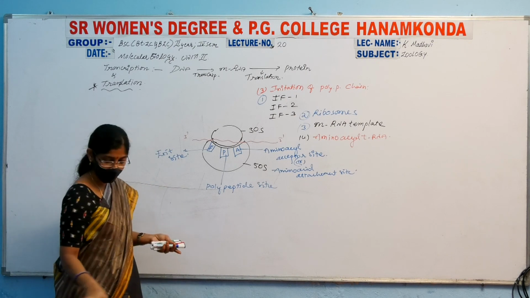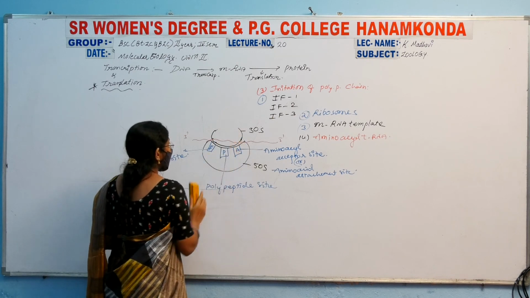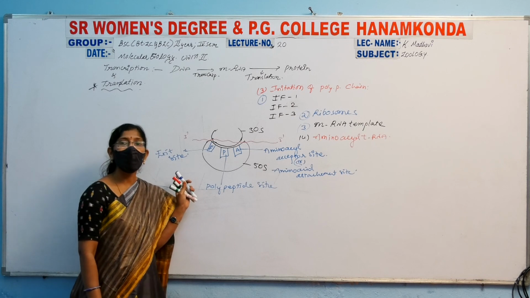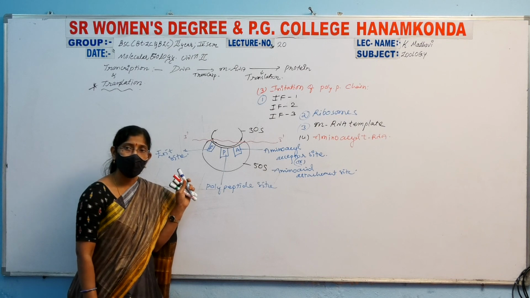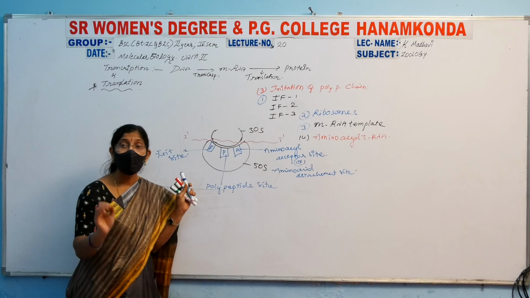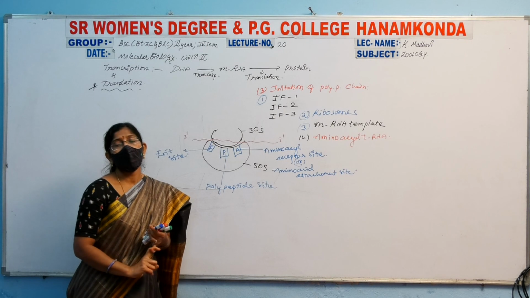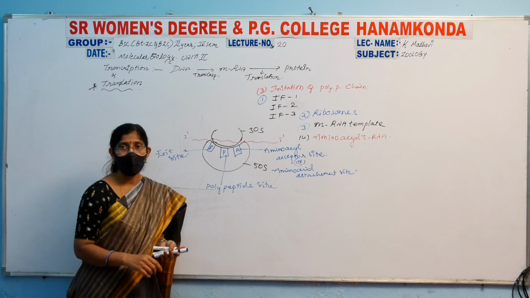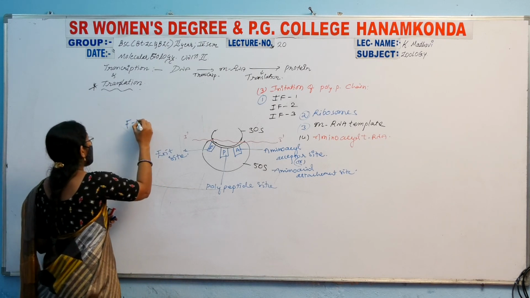And next, the initiation factors. Which one is most important here? The first is the activation of the charging tRNA, which is now ready to come and join the polypeptide chain region, the P site. Why? Because the first one at the P site in prokaryotes is formylating methionine. That is why we get F-met.